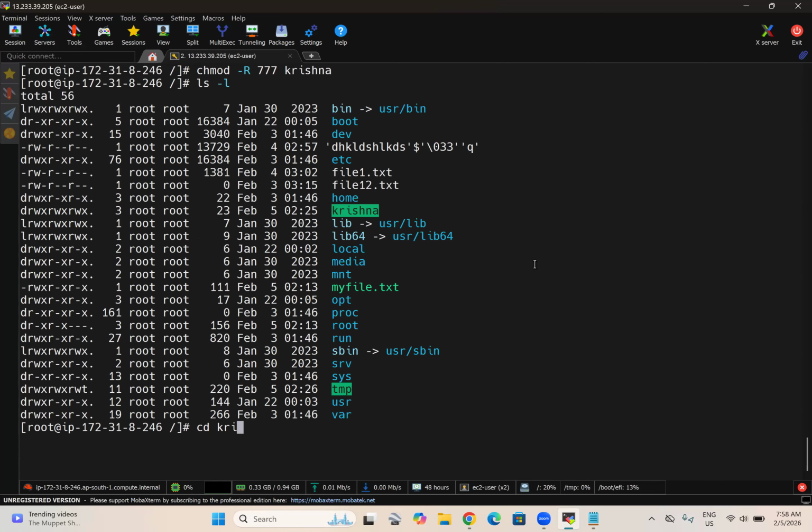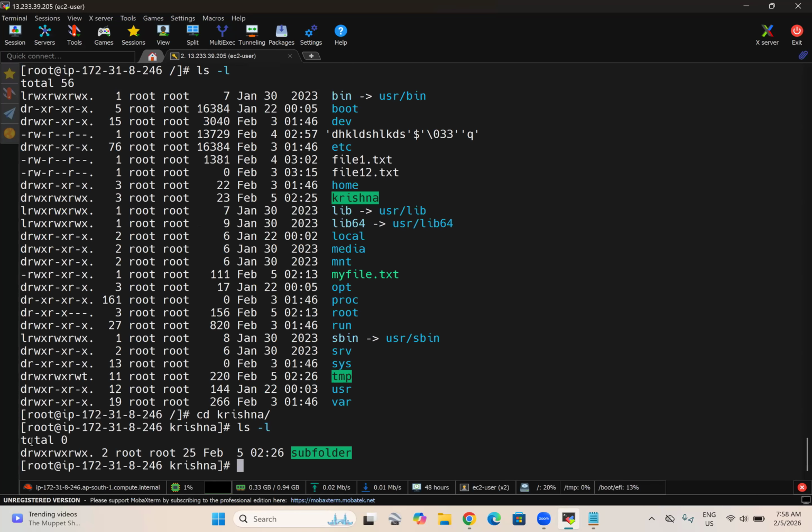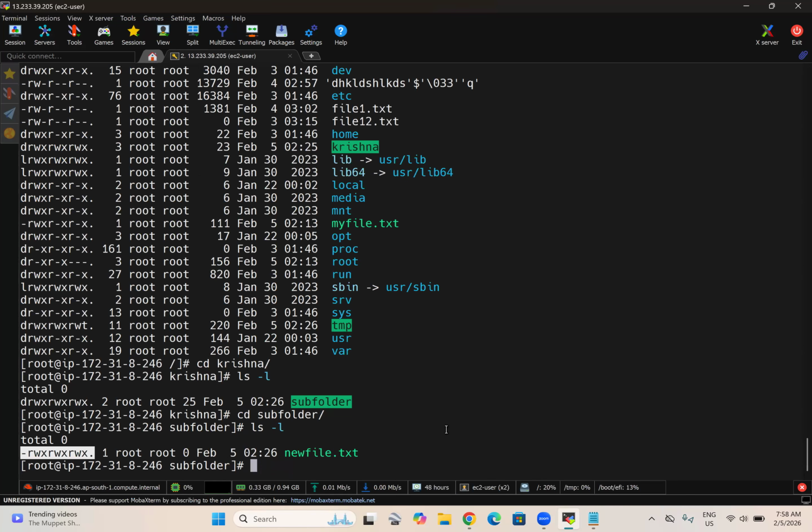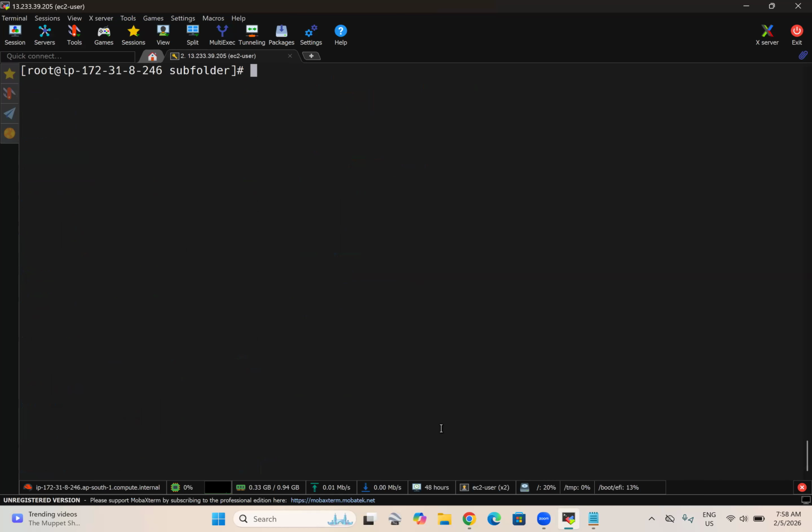Now let me get into the Krishna folder, ls -l. See, the subfolder got the full permissions. Let me get into the subfolder. The new file got this one. If you want to apply the same permissions to every file and folder in that particular parent directory, you have to use -R. Even if you remember, while deleting, we used a command called rm -rf, right? R means recursive. If I delete with rmdir, deleting a directory,